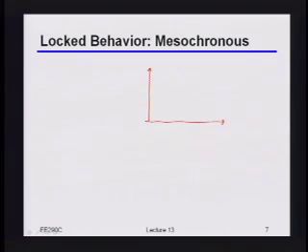a mesosynchronous system. As a reminder, a mesosynchronous system just means that the frequencies on the transmitter and the receiver are the same, but the phase is unknown. And the phase could potentially be slowly drifting or changing over time. So if I use one of these things in a mesosynchronous system, then initially my phase estimate is just going to start going up and up